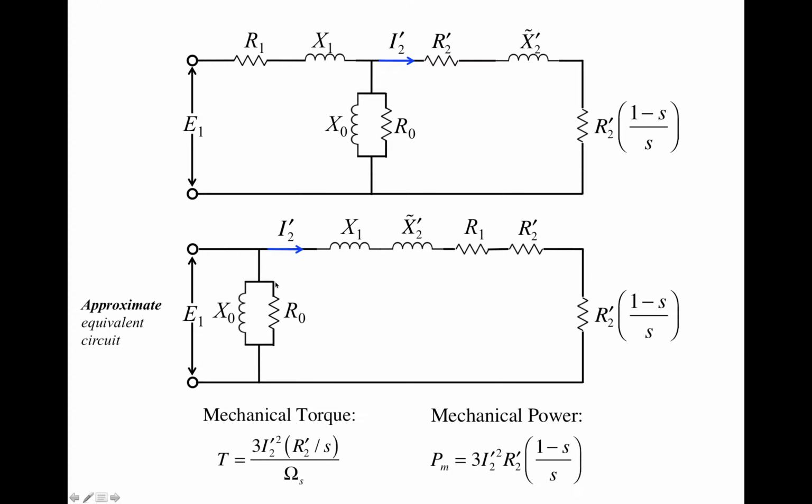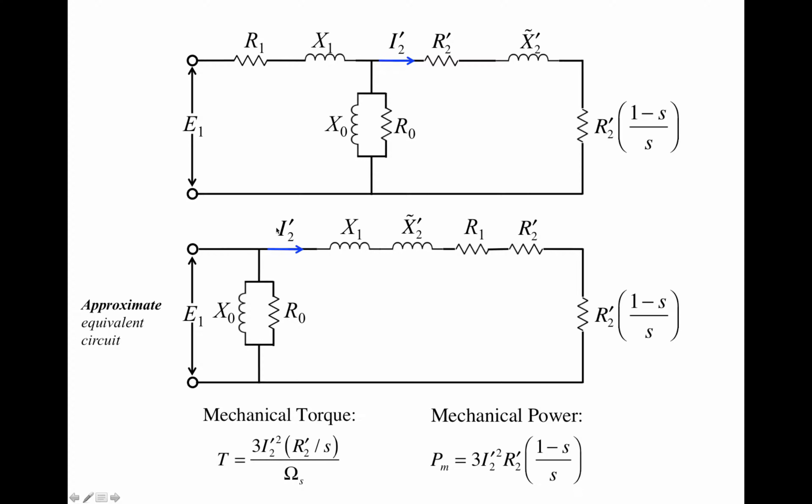Here I have switched the locations of X1, R1 and X2 prime, R2 prime. Basically I'm putting the two inductors together and then the two resistors together. But it's okay because everything is connected in series, so I can just switch their places without affecting